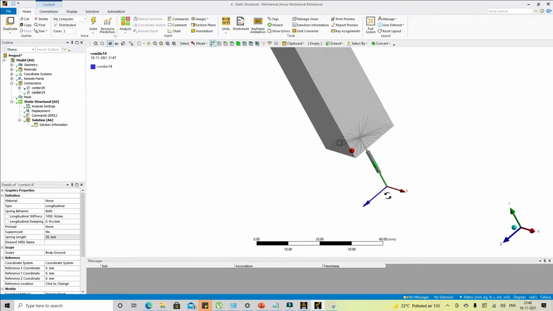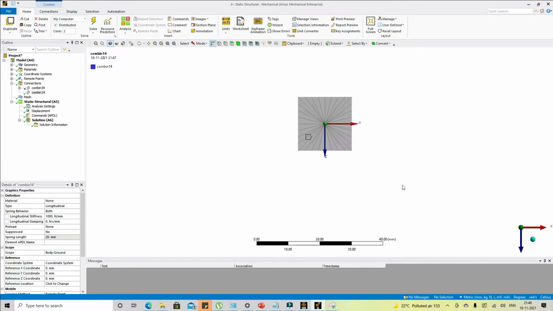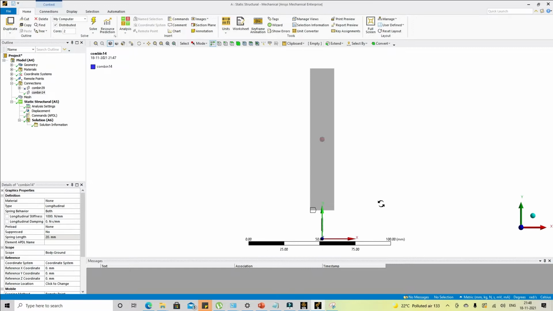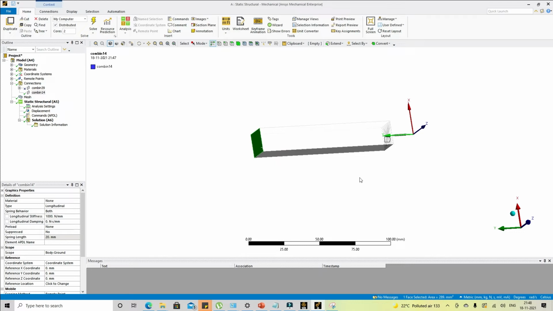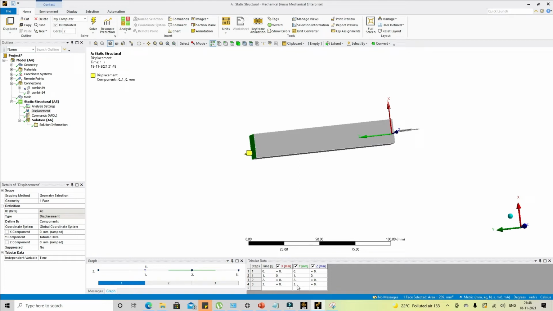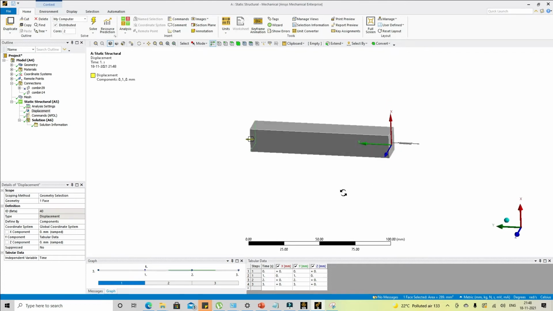If I put it in the Y direction, or the Z direction, you can see like this one. And on this face, I'm applying a displacement constraint to stretch this spring. The displacement constraint is applied in the plus Y direction. You can see from here, plus Y direction. So I'm applying 3 mm of displacement.